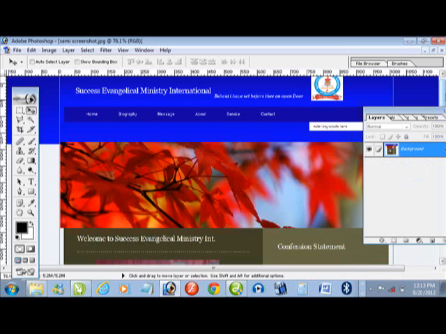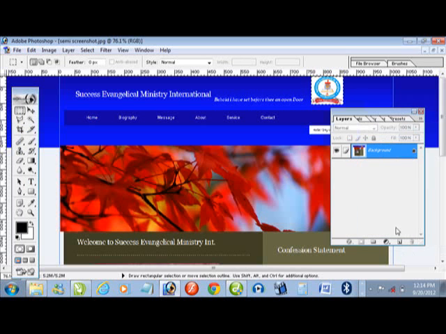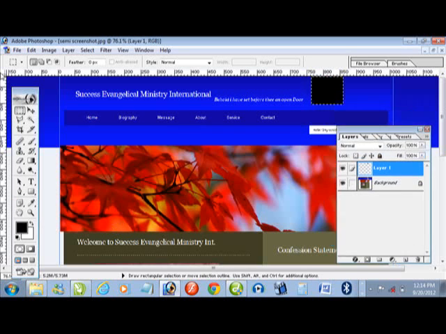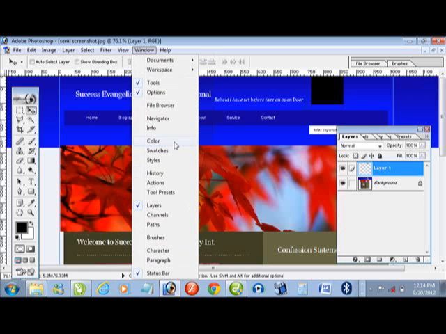With this now, we can draw a marquee here, and it gives us a size. We can go to the layers panel and create a new layer. We can fill it up: here I just press Alt Delete, and it fills it up with black, I'm sorry. And if we deselect and want to find out the size of this particular image, apart from going to View, Windows, and selecting Info,